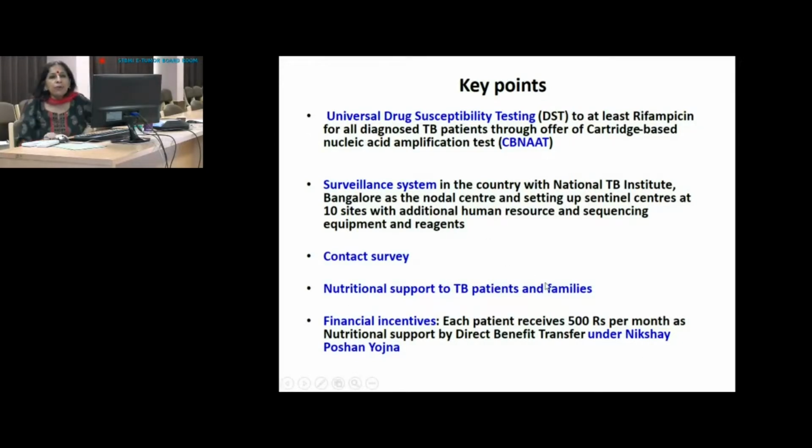So these people are provided hampers with, say, milk, fruits, protein powder, etc. So that if the person was malnourished, which would also lead to a slightly weakened immunity,